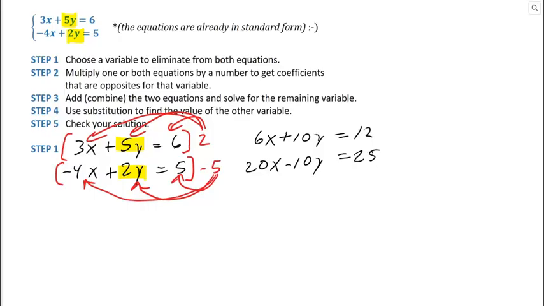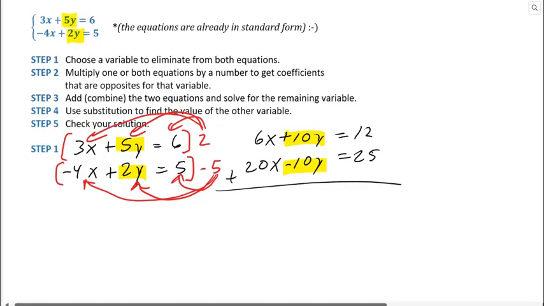All right, now hopefully you can see, because now when I go to combine these, I can easily eliminate my y variables because I have a positive 10y and a negative 10y. I have manipulated the equations to get rid of the y value. So these cancel out. So now I add 6 plus 20, 6x plus 20x is 26x,